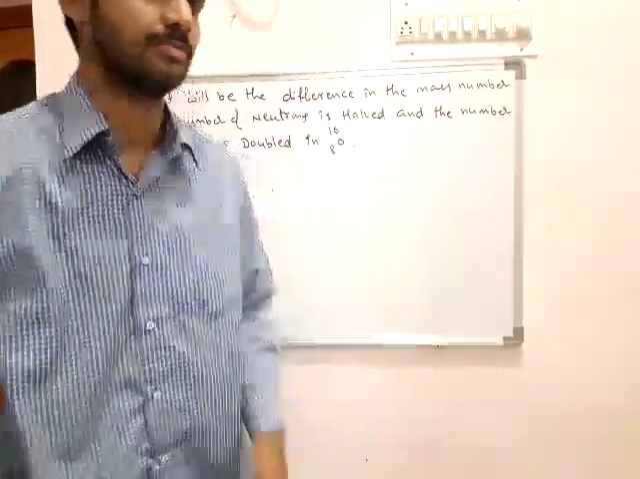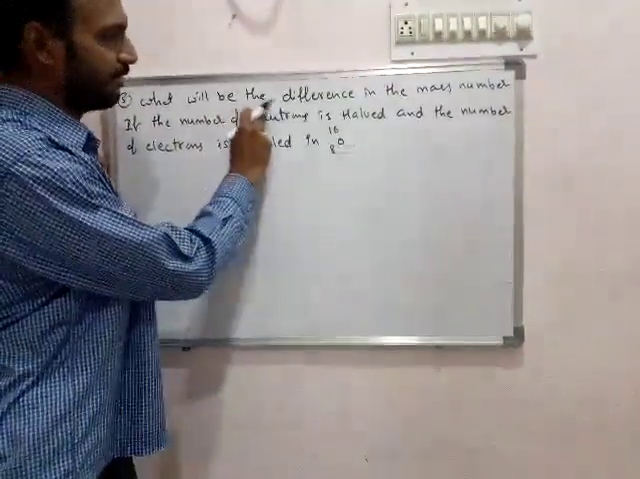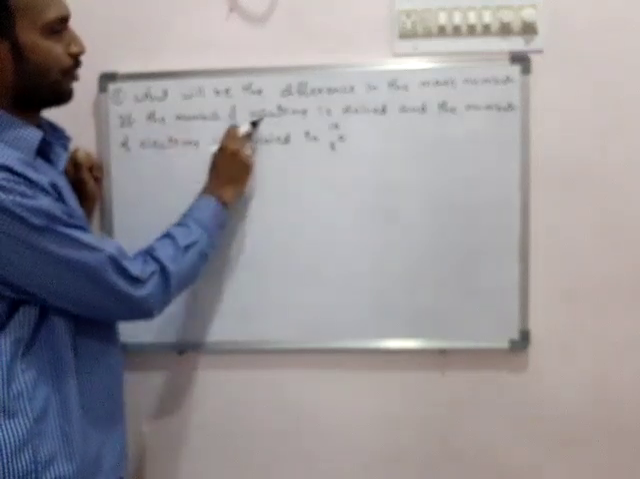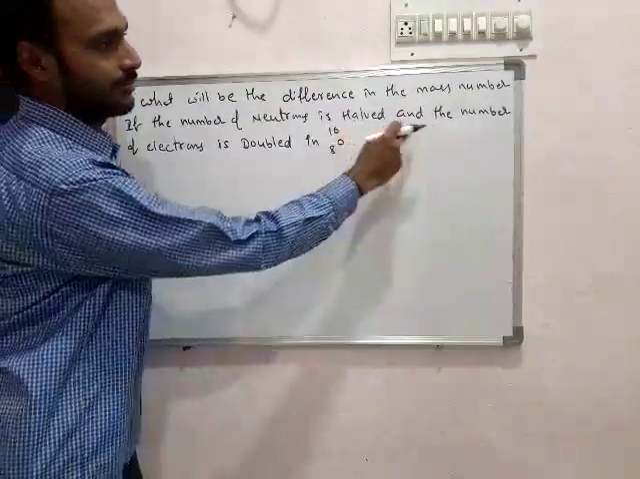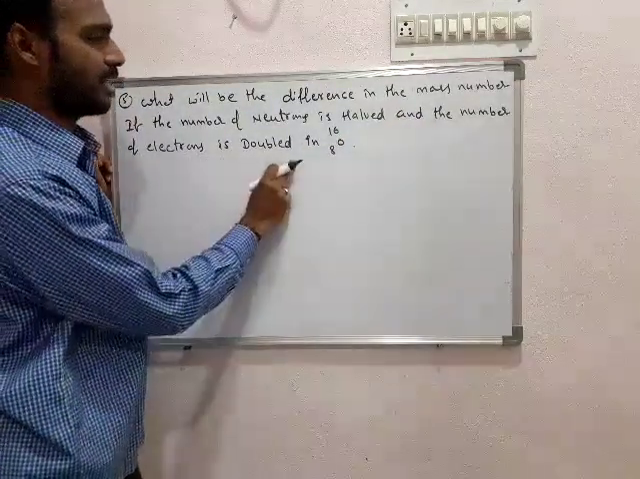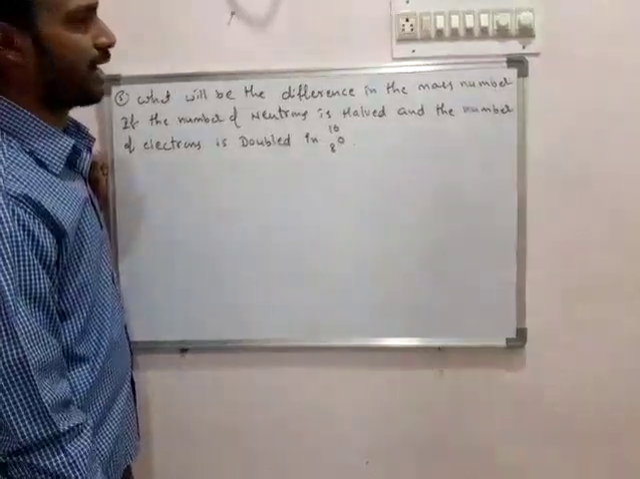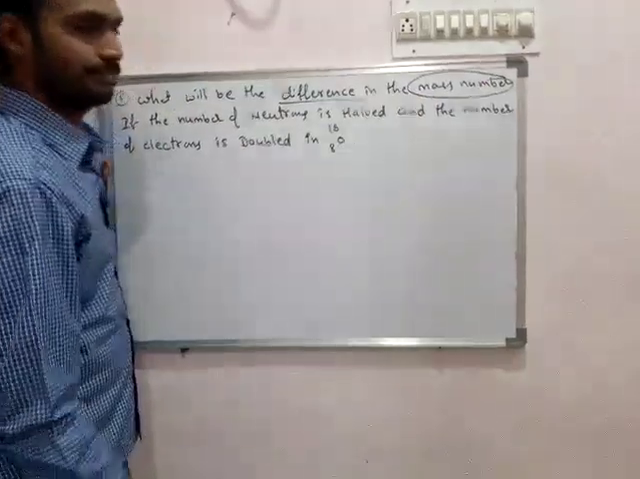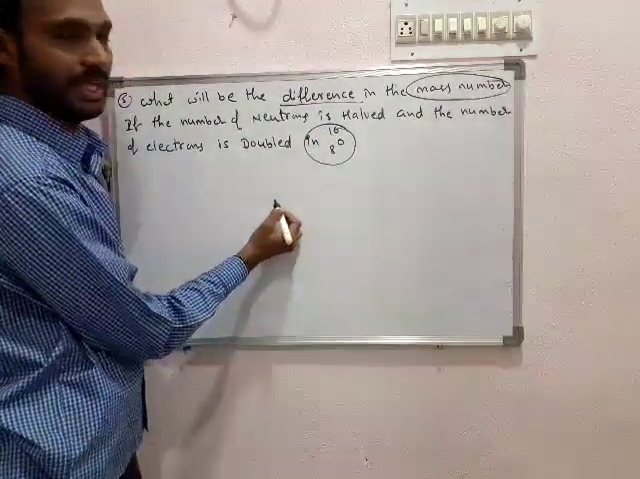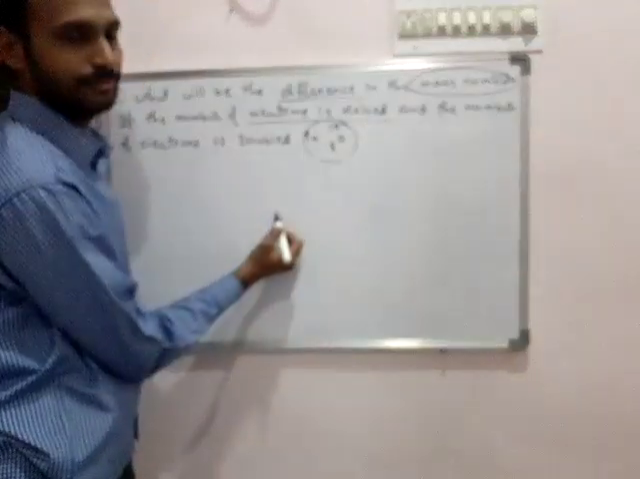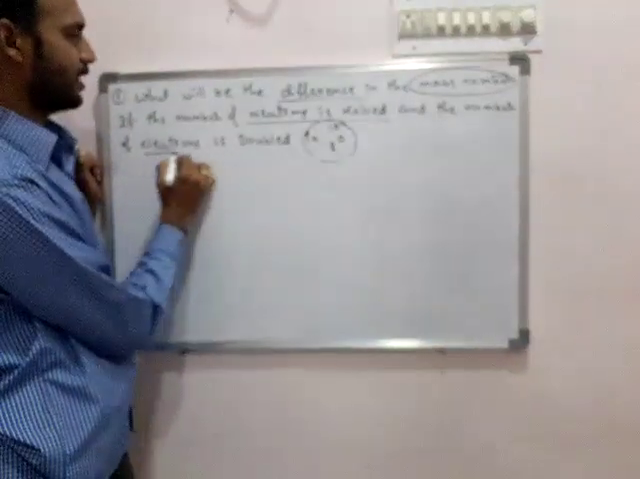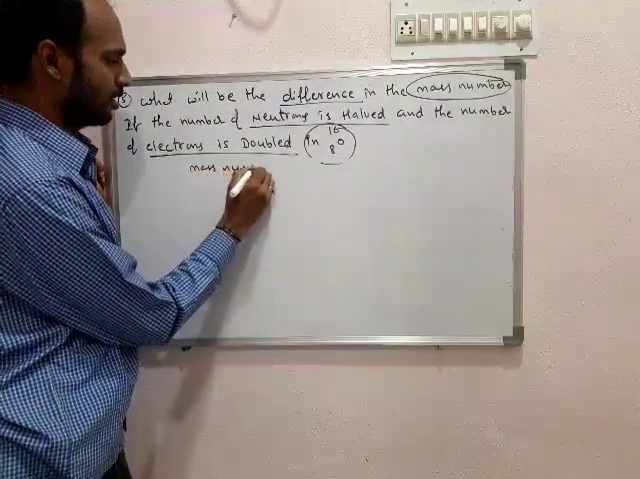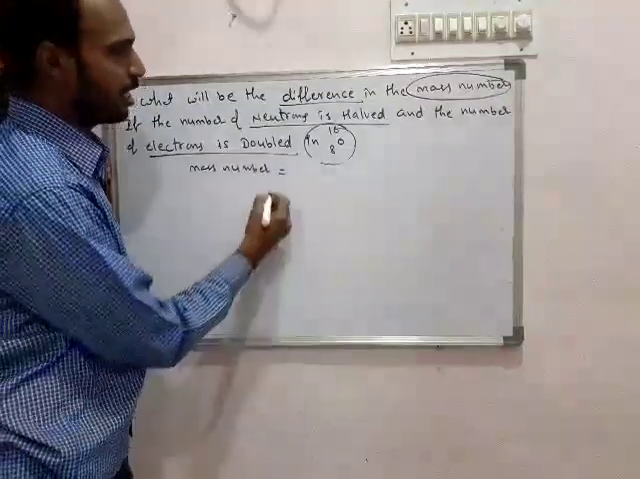Okay, see it now. What will be the difference in the mass number if the number of neutrons in it are halved and the number of electrons is doubled? Here we need to find the change, the difference in mass number in O16, if the number of neutrons in it are halved and the number of electrons in it are doubled. So we know all this. The mass number is always calculated